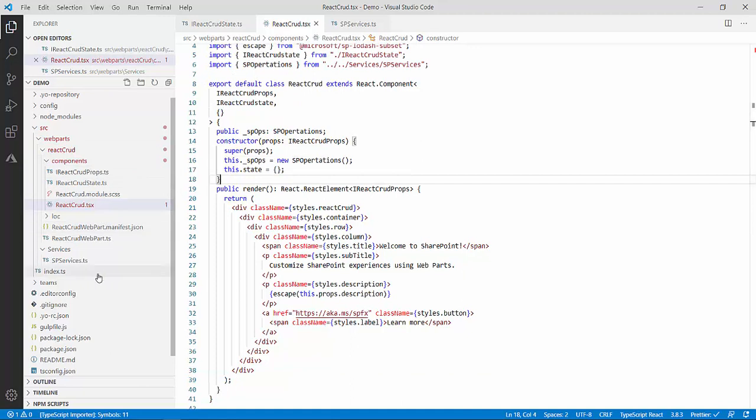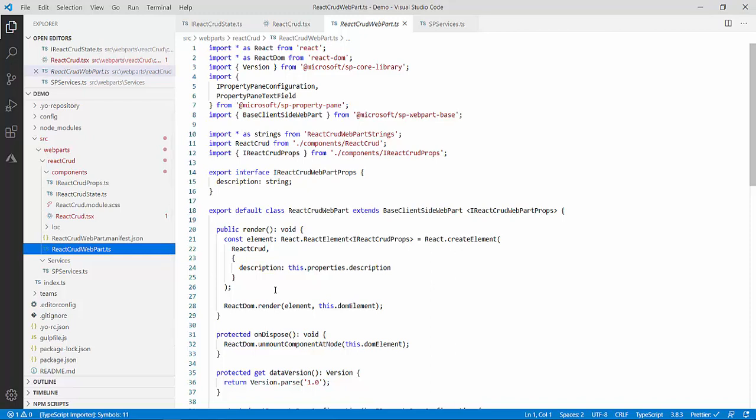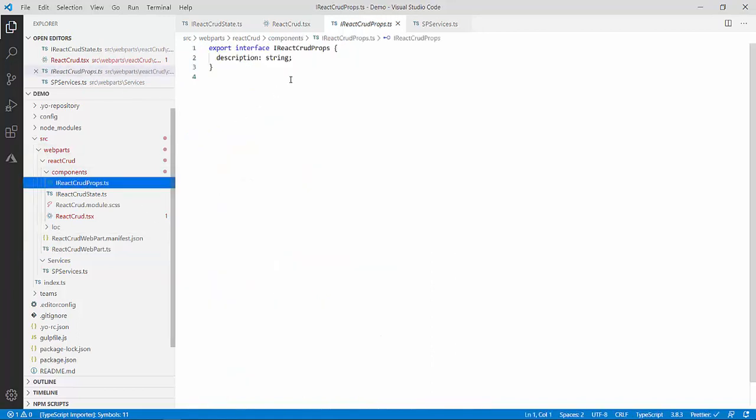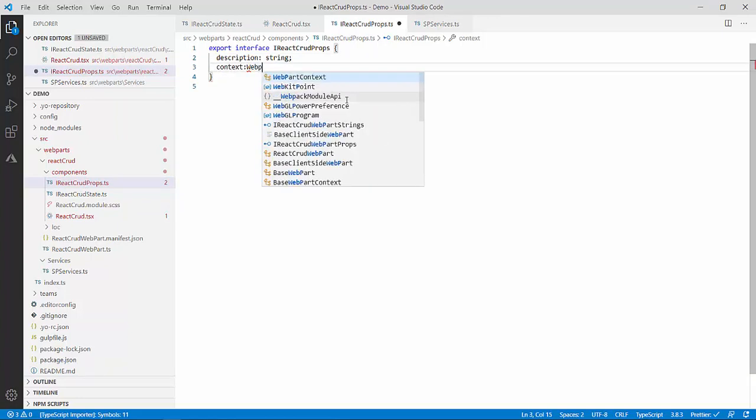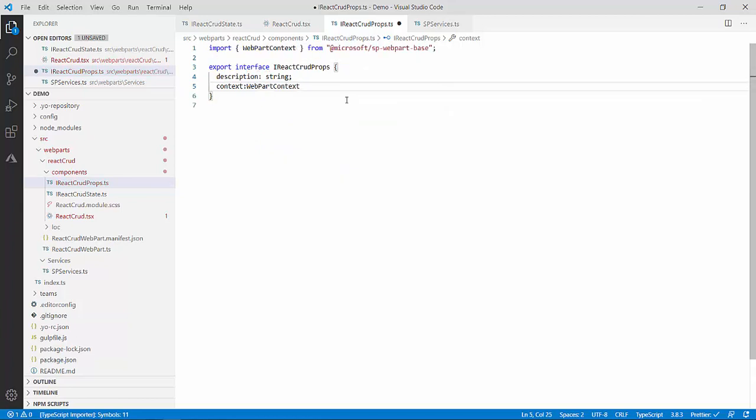Another important thing I told you in my earlier videos, that we have the web part context available only in the webpart.ts file, which is now ReactCrudWeb. This is my ts file. So inside this only I have the web part context. I have to pass this context to the component. Without it, I will not get the web part context. So to do that, I already told you that we will use properties for that. That is this property. So what I will do over here, I will declare one property, that is context, and it will be of type WebPartContext, and automatically it got imported at the top. Now this WebPartContext comes from this library, Microsoft/sp-webpart-base.